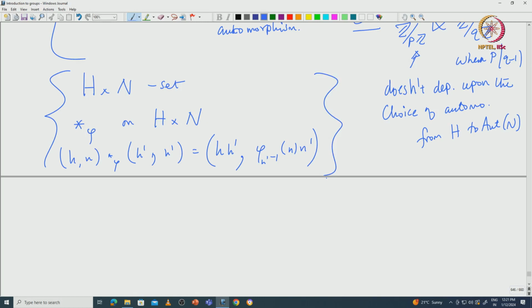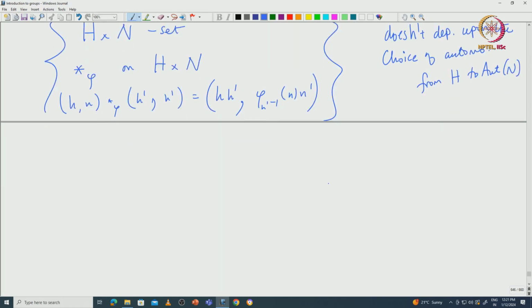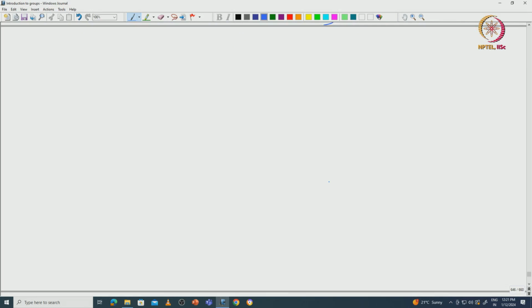Okay, so now let us see some more applications of Sylow's theorem. Okay, so I will end with one important application, so one can make it a theorem. If the order of G is less than 60 and G is simple, then one can claim that the order of G must be a prime which is less than 60.